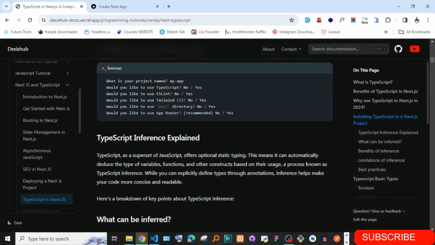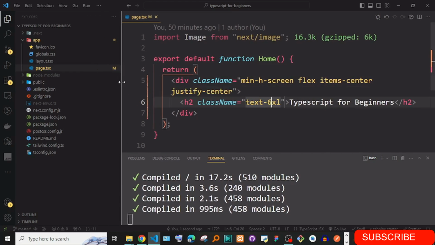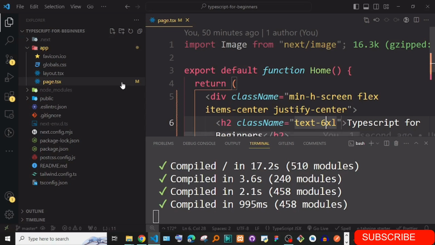So the first concept you have to learn is what we call TypeScript inference. By the way, I went ahead and spun up my project. This is the project I have here. After you have installed your project, the first thing you notice, let me zoom in a little bit, is that everything right now is using TSX. TSX is a replacement for JSX, T for TypeScript. We have been writing JSX for JavaScript. Right now we write TSX for TypeScript.